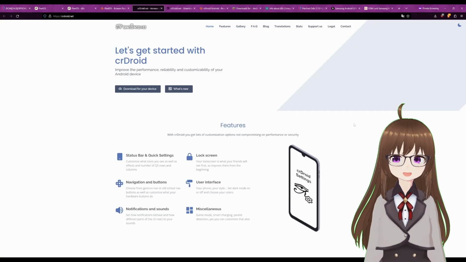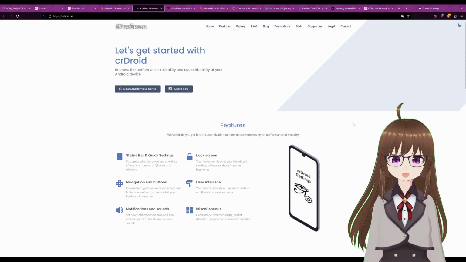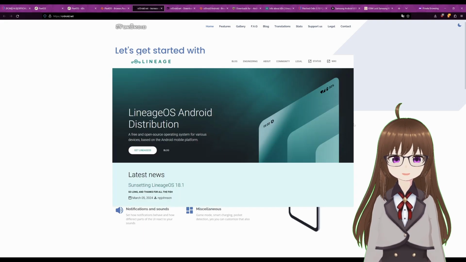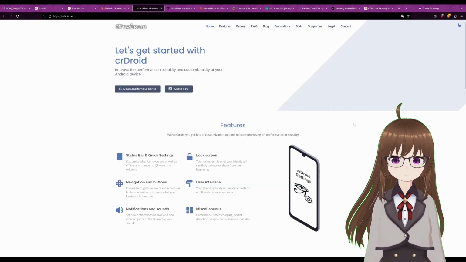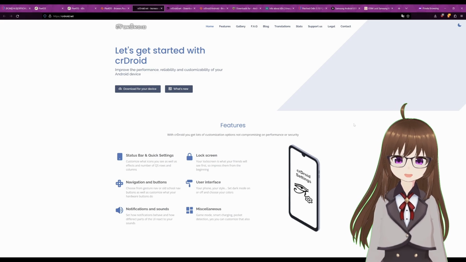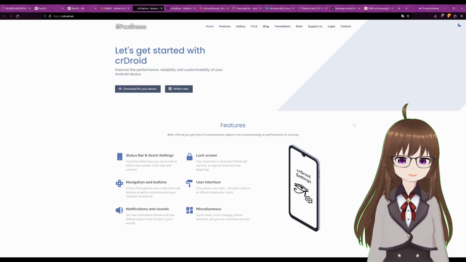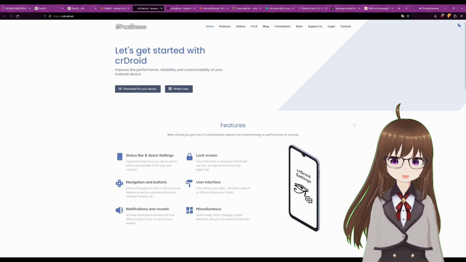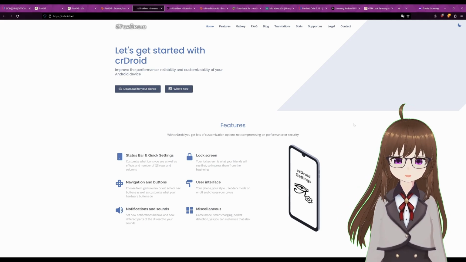Which then this thing comes in. It's called CR Droid, which is a fork of an already existing, very popular Android open source project called Lineage OS. So on top of what's available on this really clean Lineage OS, they added a few customizations that might tailor to your taste. All that with very minimal Google bloat.